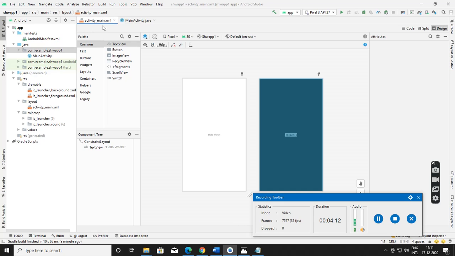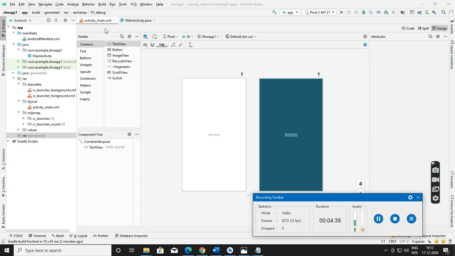The other file is the activity_main.xml file. This is the layout file, which is stored under the layout directory.